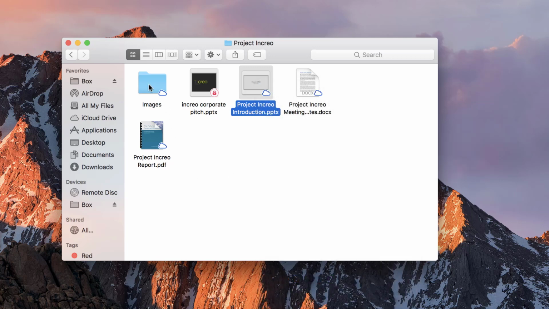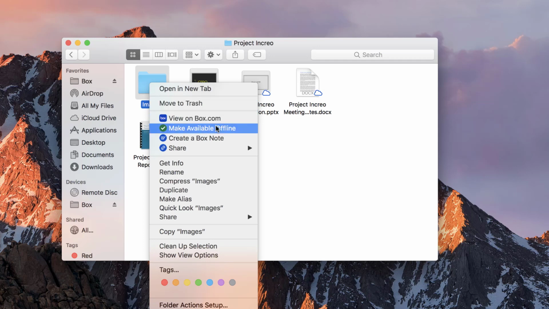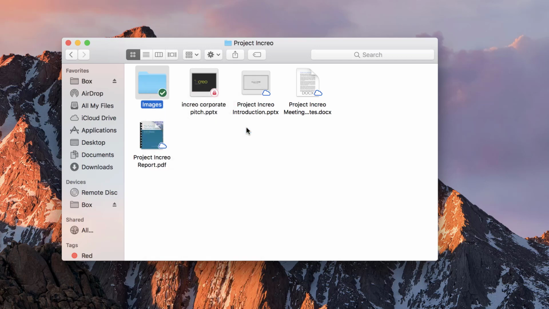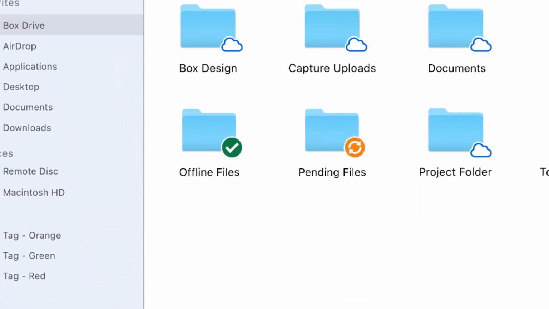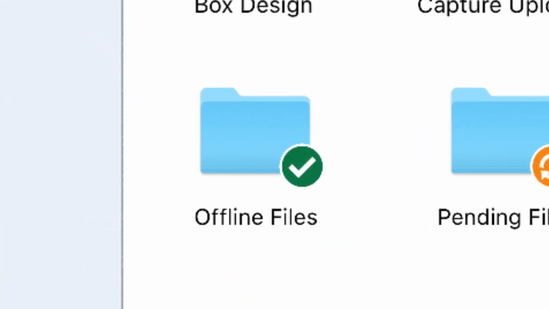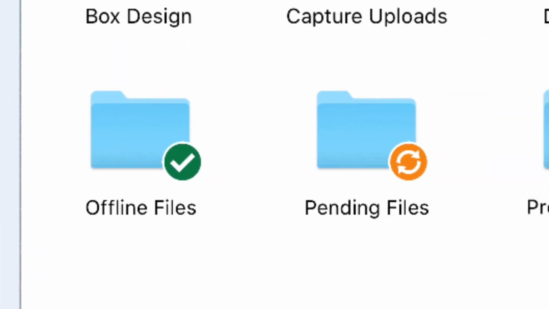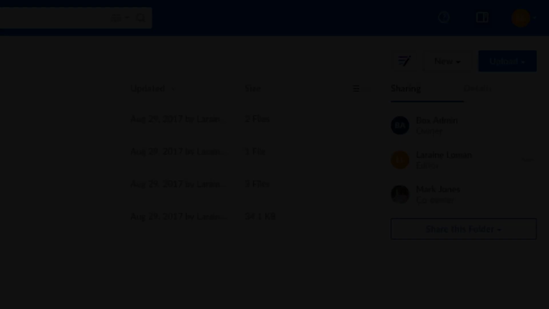And now you can also mark a folder available for offline access, so you can work on your Box files even when you're not connected to the internet. All this without having to open my Box account in my browser. The green checkbox will indicate that the folder you marked for offline is ready for access. When you reconnect to the internet, you'll see this small orange icon, indicating that your mark for offline folder is